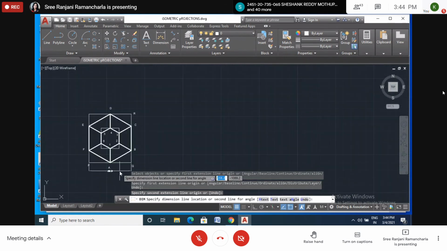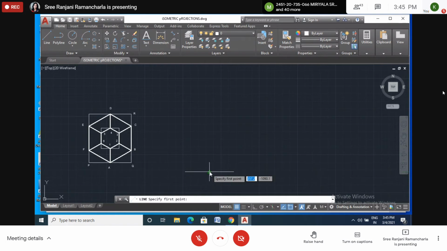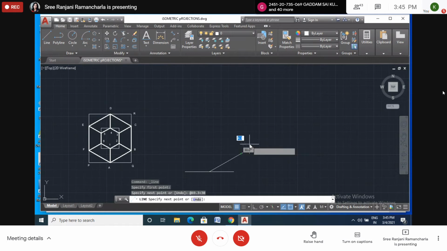69.3. We'll take 69.3. So from this corner, at the rate 69.3 less than 30. Enter. And this line we got, this is P, this is Q. And P, yes, we have to draw.